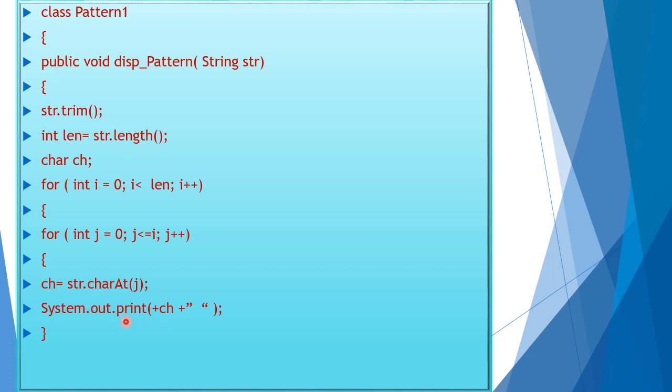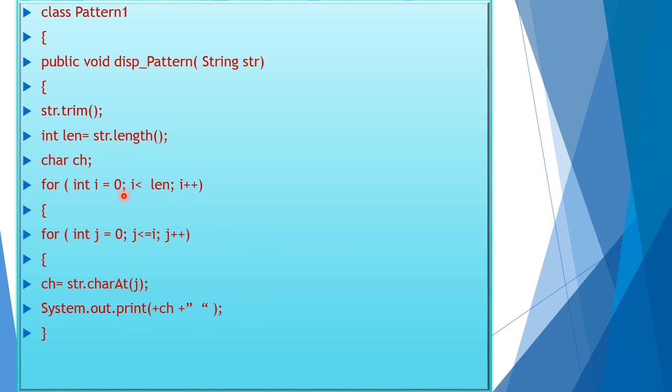Keep attention here that we are not using println statement. We are only using print statement because we want to get all the alphabets of the same row displayed in the same line. The println statement will display in a new line. Okay. And one more thing, after the alphabet we have to add a space so that the alphabets are displayed leaving some space in between. That is why we add an extra space after displaying the alphabet. Okay. Let's go to a trial run of this program.